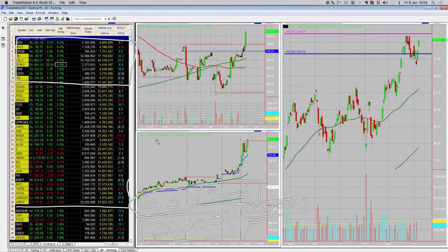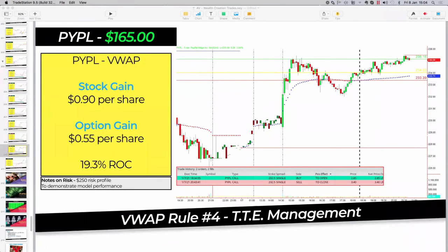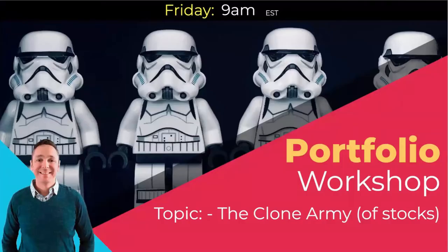Right, folks, we're a little bit over our usual time allotment, but that's how we found PayPal yesterday. That's how I'm going to continue to trade it today. That was the clone army, just scanning and cloning opportunities. Again, it's just a different way of looking for opportunities or thinking about it. I want to replicate what I'm doing